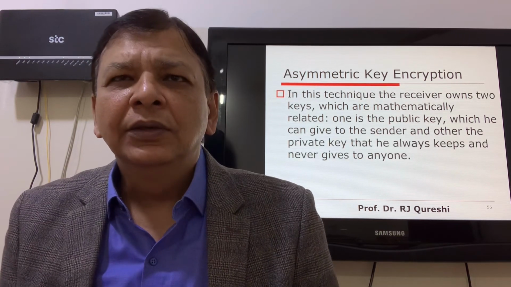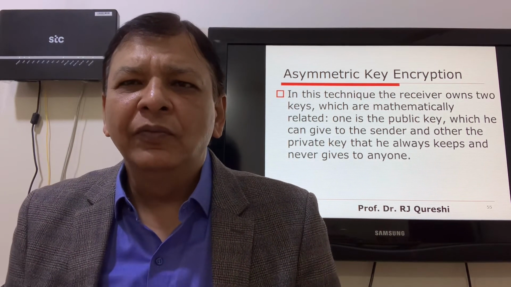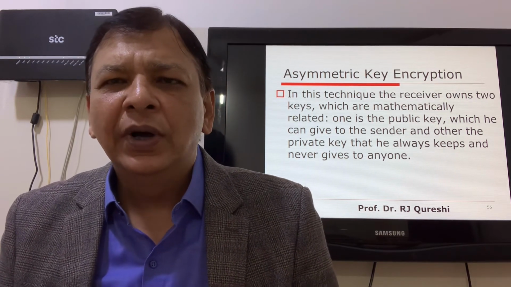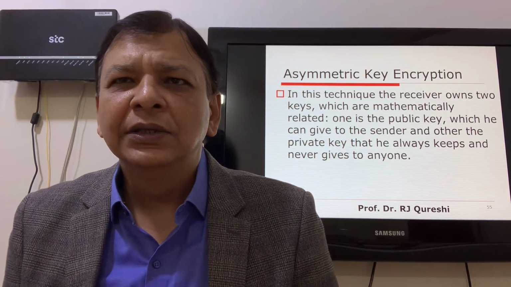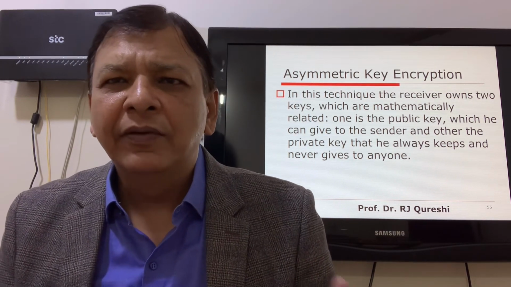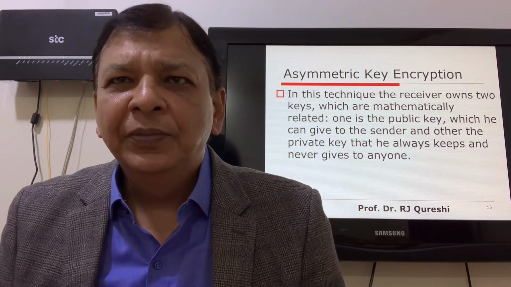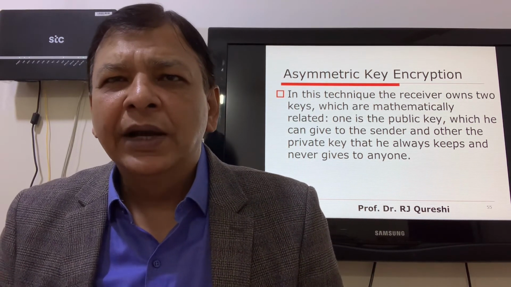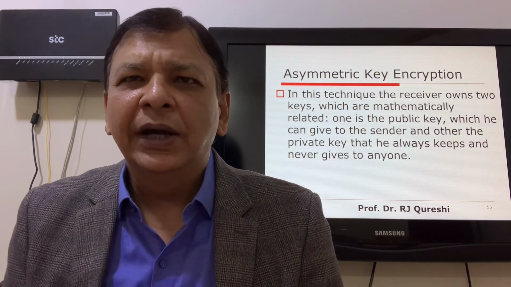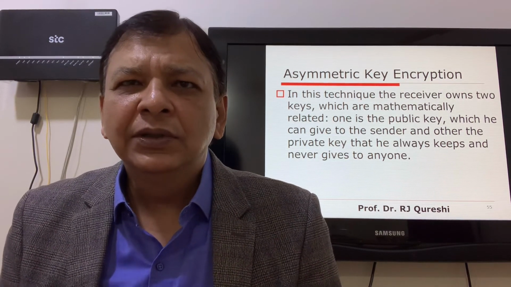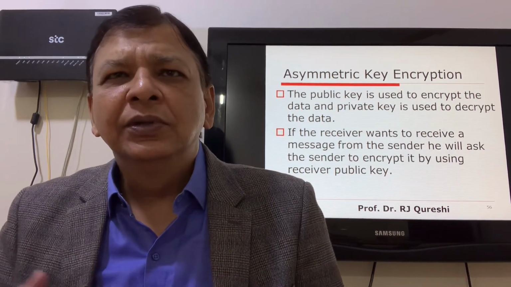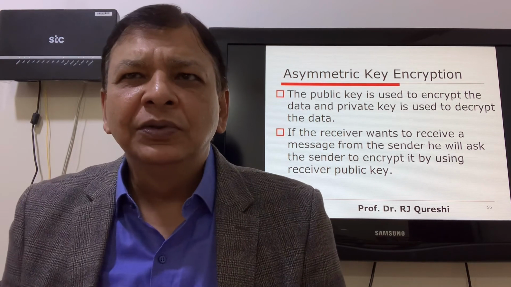In this technique, we have two keys. When we encrypt the data, two keys are generated, for example Rizwan and a second key, Jamil. One key is called the public key, and the other is called the private key. The receiver keeps the private key, and the sender encrypts the data using the public key; the receiver decrypts the data using the private key. We never disclose the private key to anyone. It's like our password or PIN. The public key is used to encrypt the data and the private key is used to decrypt the data.